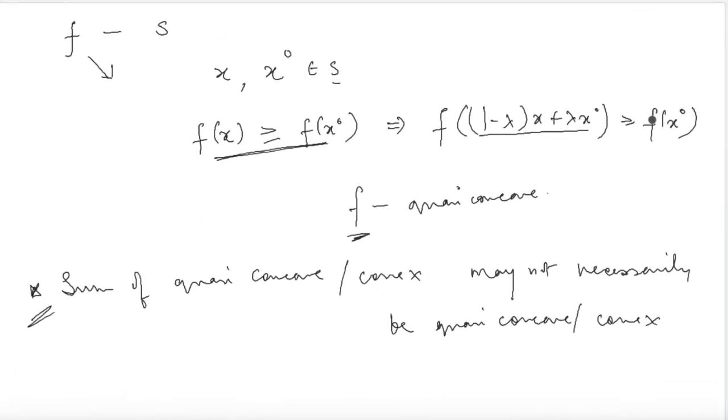Here I just forgot to mention one point. In this particular condition, अगर आप यहाँ पे इस inequality में greater than equal to की जगह सिर्फ greater than का sign लगा दो और आप notice करो कि दो input points हैं x, x naught, जहाँ पे ये condition satisfy होती है that functional value at x is greater than functional value at x naught, और आप notice करो कि यहाँ पे convex combination जो है x और x naught का, उस पे जो functional value है वो strictly greater than है functional value at x naught, then this will be called as a strict quasi-concave function. So when you replace greater than equal to with greater than, then this becomes strict quasi-concave.